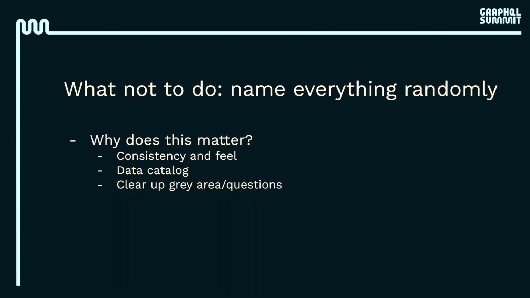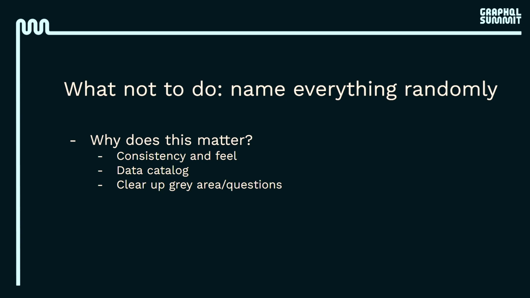And why does this matter? The reason this stuff matters is because you want your graph to have a consistent feel. You don't want people, depending on where they're going and how they're using things, to have a different feel. Is the naming supposed to be train-cased now? Is it supposed to be camel-cased? How is it supposed to work? All of that's really rough for people to use, and as more and more people use it, you want them to have that consistent feel as they go through the graph.